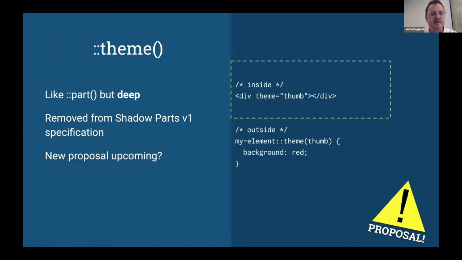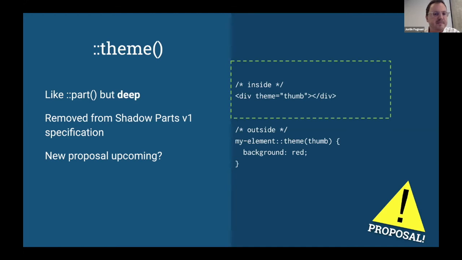This used to be part of the shadow parts spec, but it was removed so we could get progress on ::part. And the way it's likely going to work is that we have an attribute that's much like part, but it's called theme. And what this means is let this element be stylable, but from anywhere above it in the shadow root tree. And on the outside, you use it very much like ::part, and you provide a theme part name. And again, this means style the theme part with this name anywhere down the tree from where you define these styles across any number of shadow roots. So hopefully we see a new proposal for this coming up soon, which will be very great for especially component